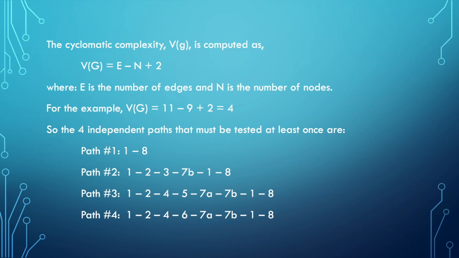The cyclomatic complexity is very simple. The number of edges minus the number of nodes plus 2 equals the cyclomatic complexity. So you have that. Okay? So in our example of